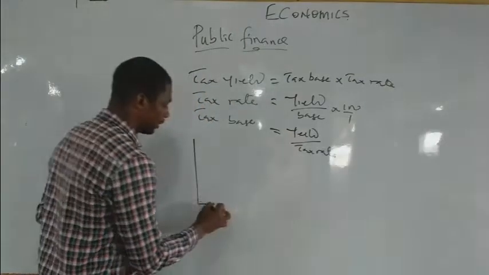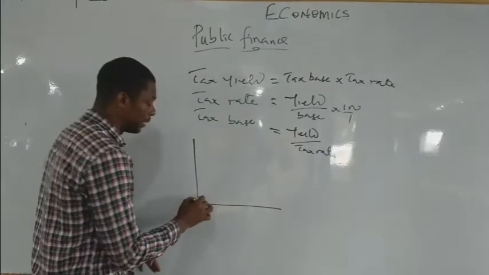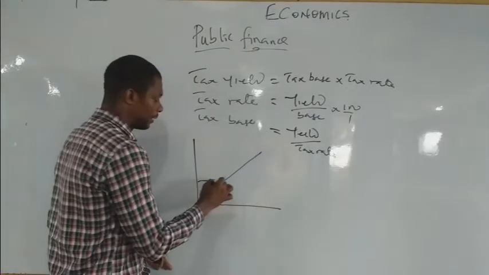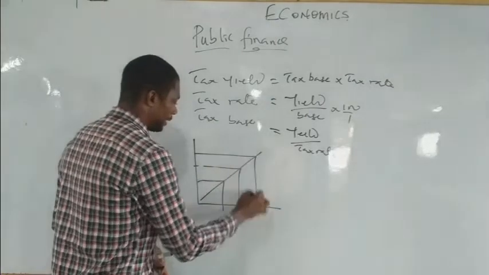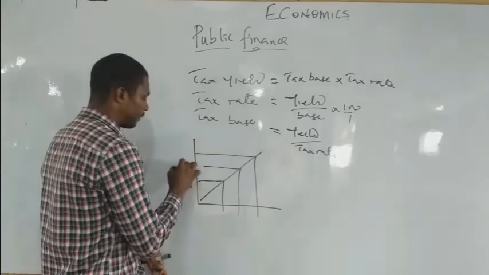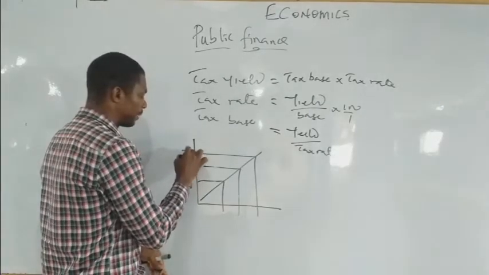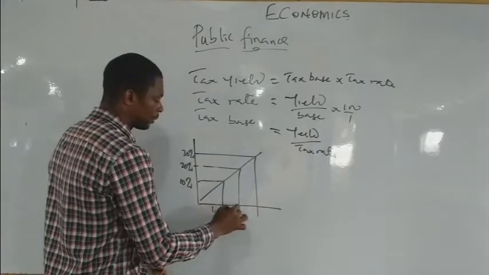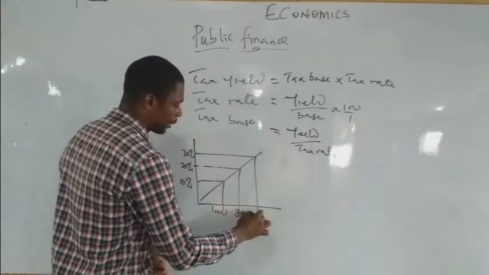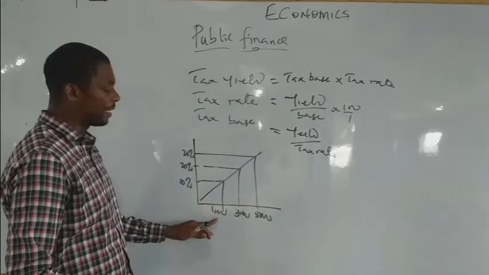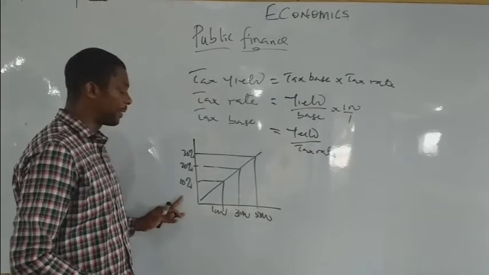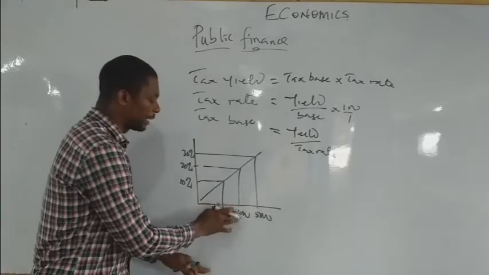And as is shown, this is the diagrammatical aspect of it. It goes upward, and it's done in such a way as like this. You have this one as 10%, this one as 20%, and this one as 30%. Let's call this one 1,000, this one 3,000, and this one 5,000. You observe that when you earn 1,000, you pay 10%. As your income increased to 3,000, how much did you pay?